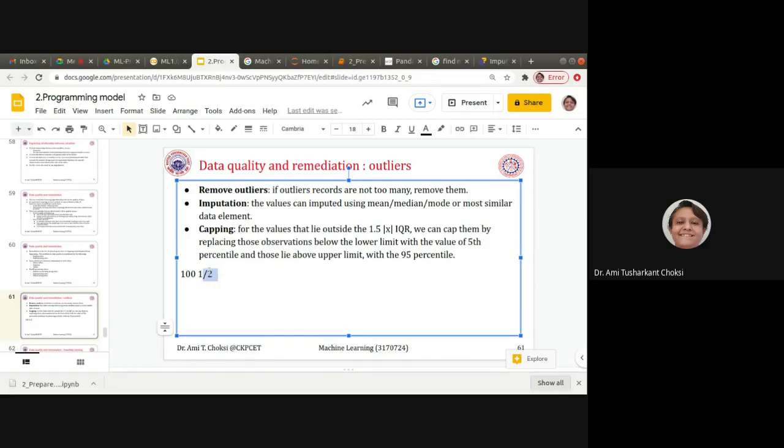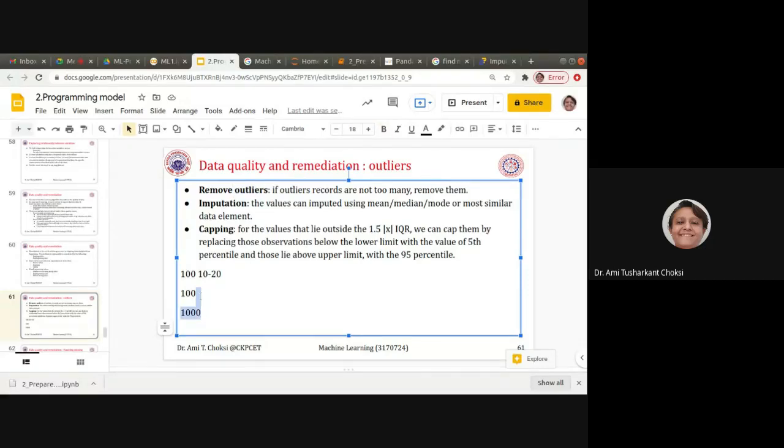Say typically in your data you are able to find the data that is in the range of say 10 to 20, but suddenly you could find it as say 100, and you can say 1000, you can say it is outlier, isn't it? So instead of removing, why we should not remove?